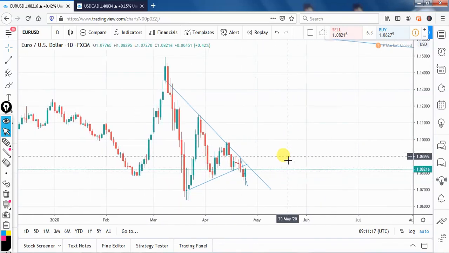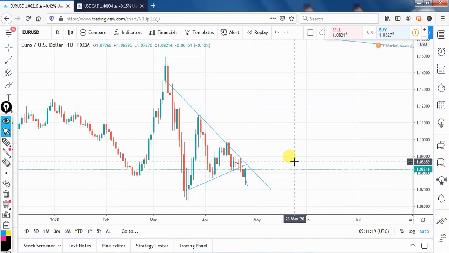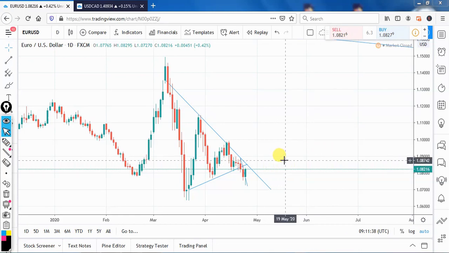So 108.70 roughly comes to this daily high, not a great one, but kind of a high. But because we're targeting that one, on the higher time frames it's a good resistance. So if you get in at, let's say, 108.70,